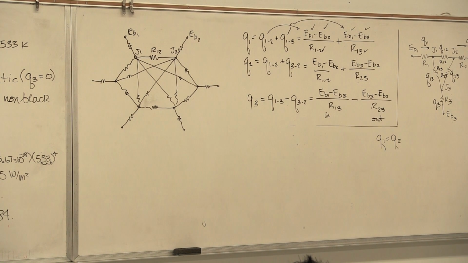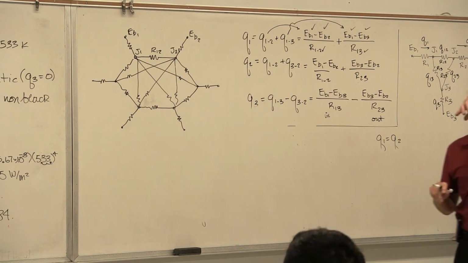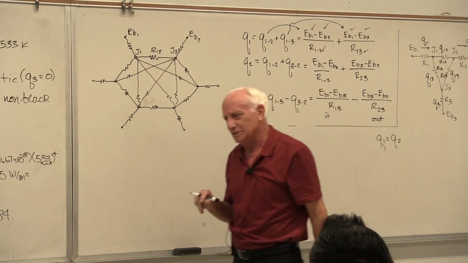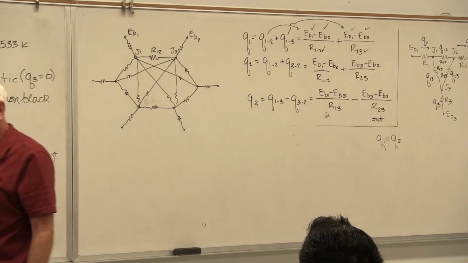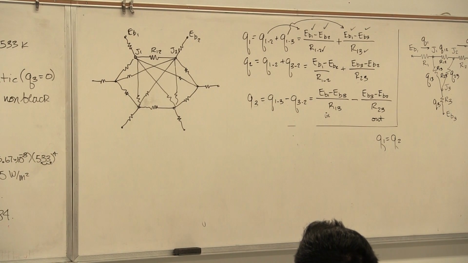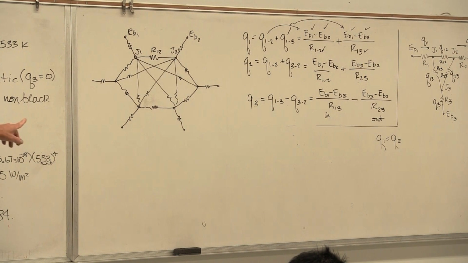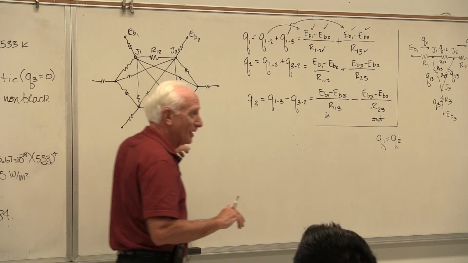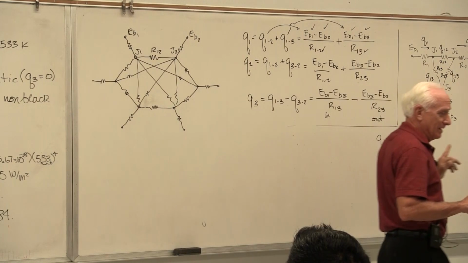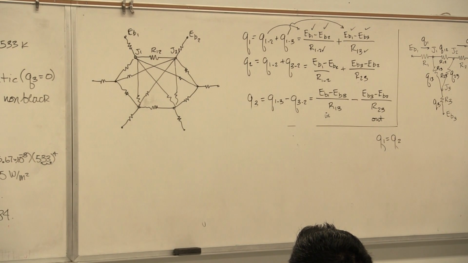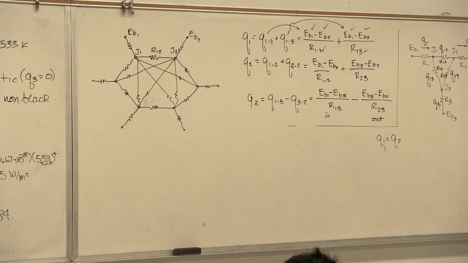You think, oh my gosh, what's going on? Which way is the heat flowing there? This is really confusing to me. I don't see what's going on here. You're right, which means that this approach of the equivalent network doesn't work very well for more than 3 surfaces. It gets too confusing. It's not worth too much. Then what do you do? Fall back on the math, because it's not going to fail you. There they are. Now you can do it.